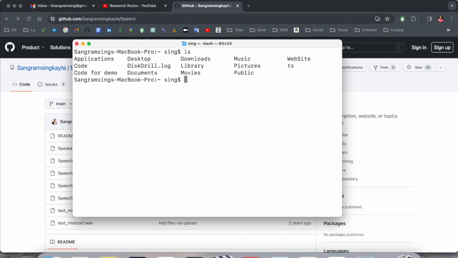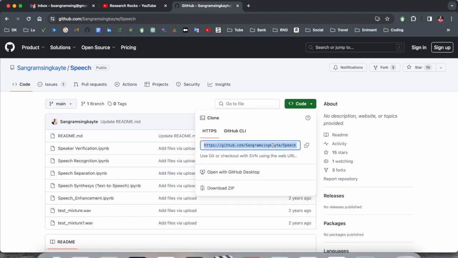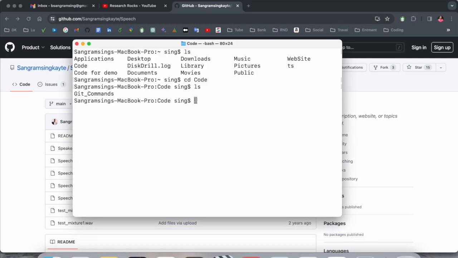This is my terminal. Find out the location, the folder where you want to clone this repository. I just simply enter the code folder. After that, look at this, one repository is available. I will clone into this current directory. I just type here git clone,